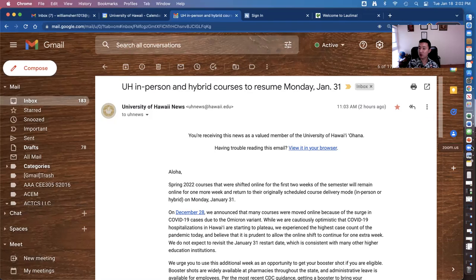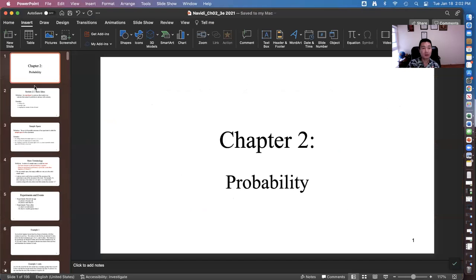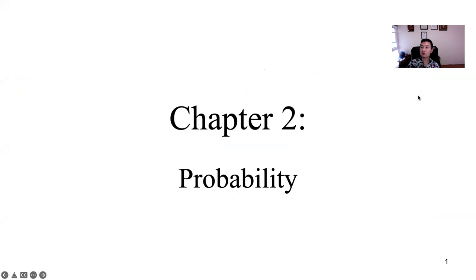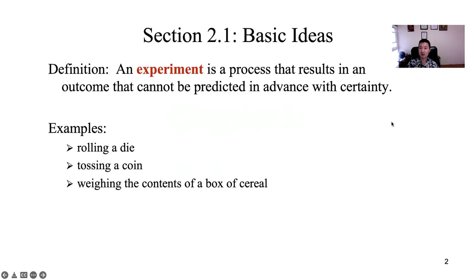So today we'll start chapter 2. Chapter 2 is called probability, which is obviously a very, very important chapter. We will learn what the counting method is, and how to calculate the probability for a certain experiment. So again, let's do some